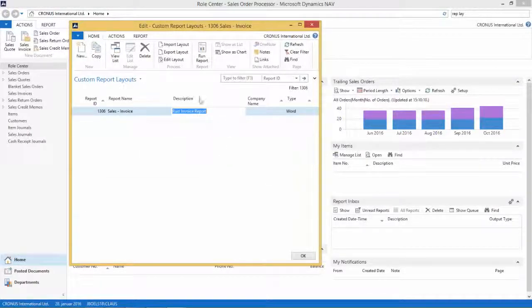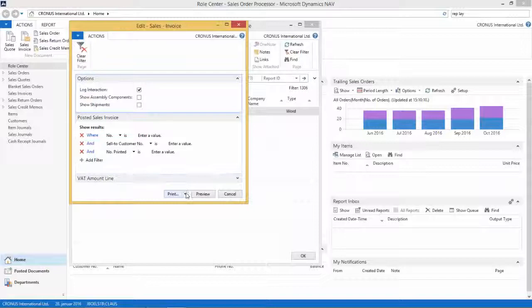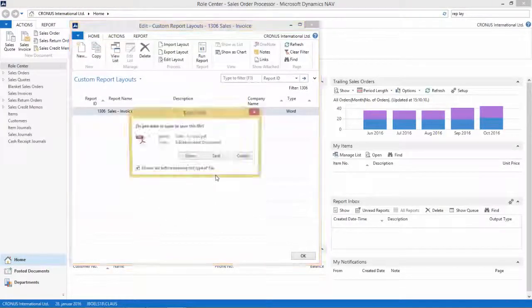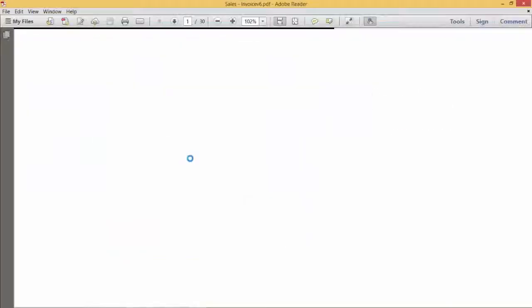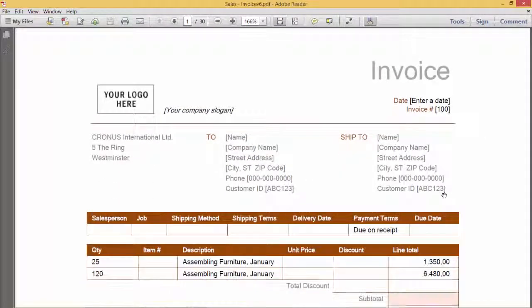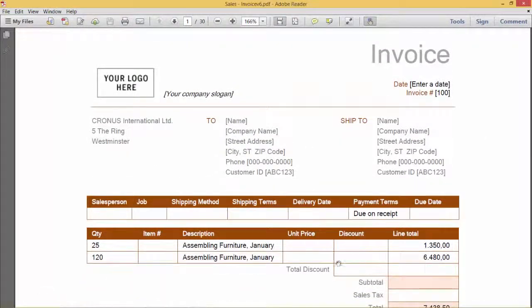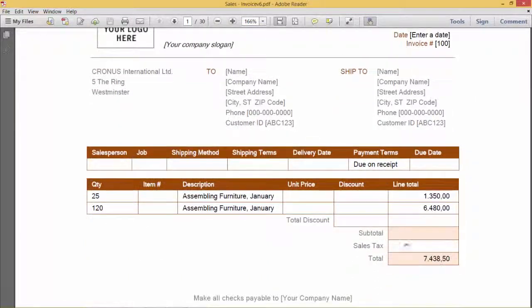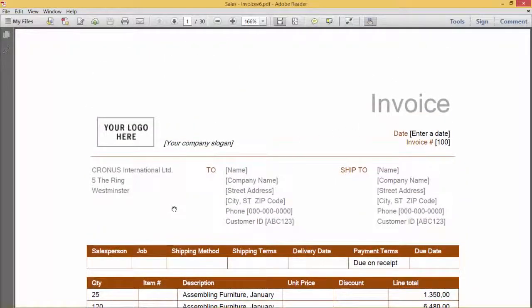And now I can run my report. If I run my report and click PDF, I will see that the changes that I've done in Word are now reflected. So I added the customer company address 1, the address 2, and number 3. I didn't change any of these things here. And if I scroll down, I can see that my lines also now started working. I have my description, I have my line amount, and I have my total also here. So that was just some simple changes I did.